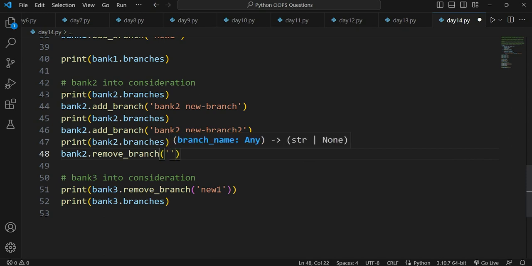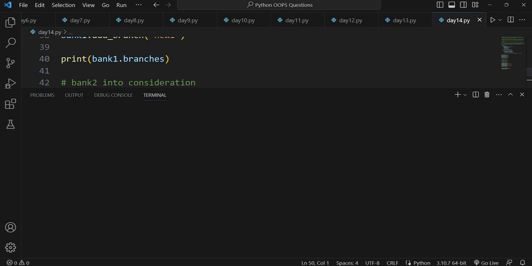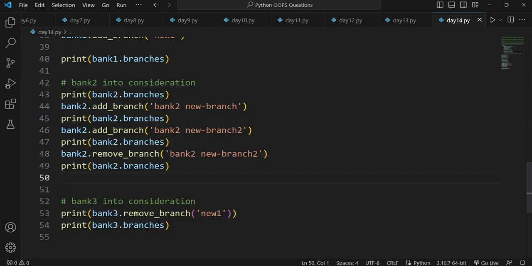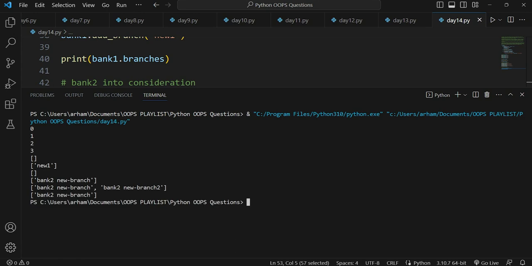We have 2 branches, right? So we want to remove, let's say, the last one we have created. Paste it, and let's say we were printing this. And now let's run this. You see that it's working properly. Let me put a comment here so that you know what we have got. The last line of code is our answer for the code we have run right now.